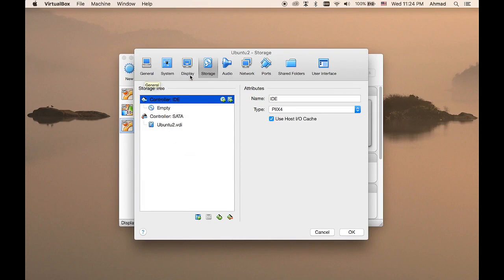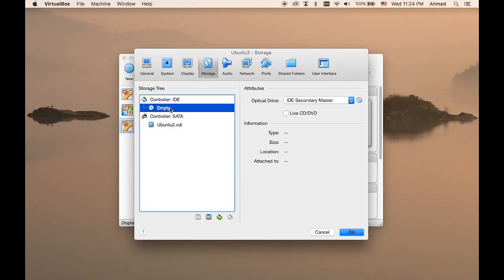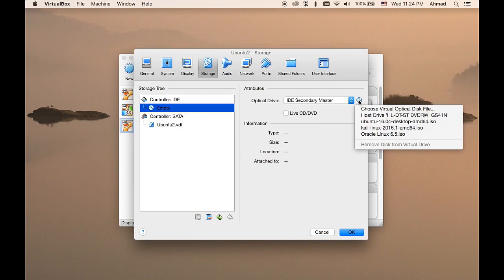Now the next step is that you will have to insert the CD in order to start the installation, and the CD is present in the storage section here of the machine. As you can see here, this is the IDE controller, and the icon of the CD is present, which means that the IDE controller here is holding the CD drive. And all you have to do now is press on this icon here, and you can either choose a file, choose a virtual